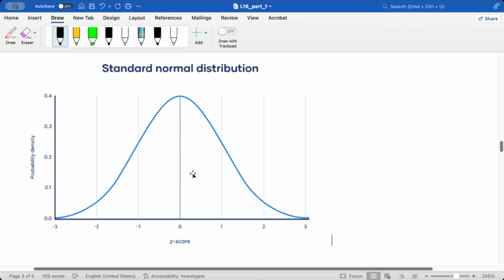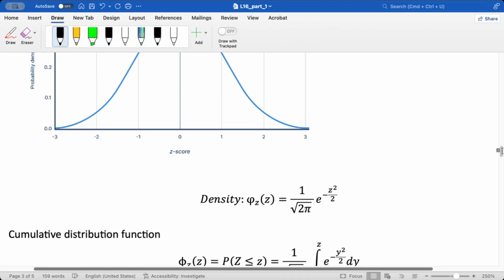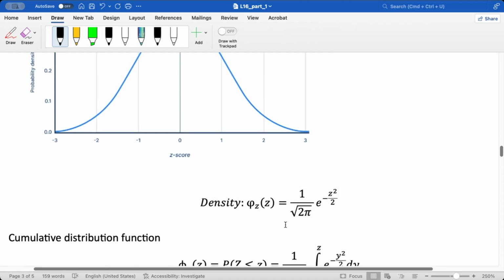A large portion of the probability is centered near the mean. All right, so this is our density function here for the special case normal random variable, mean 0, standard deviation